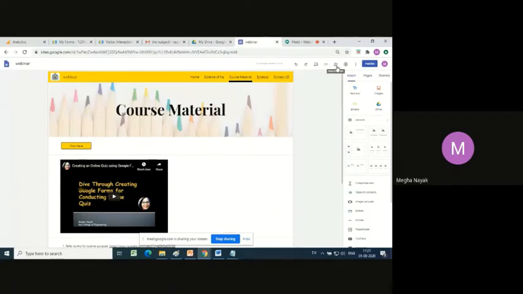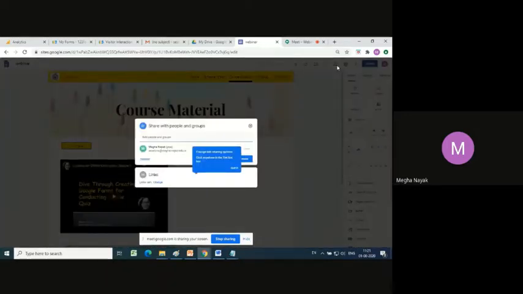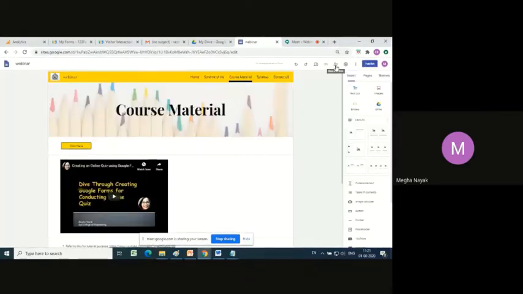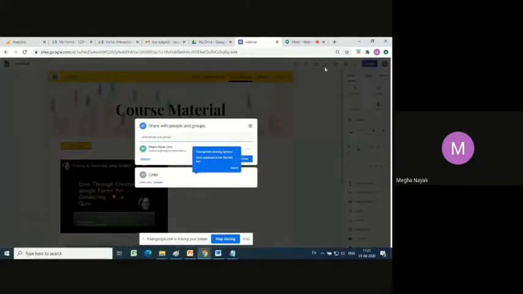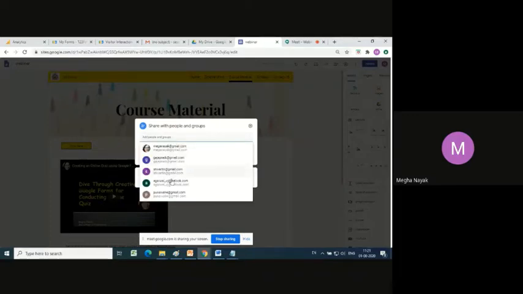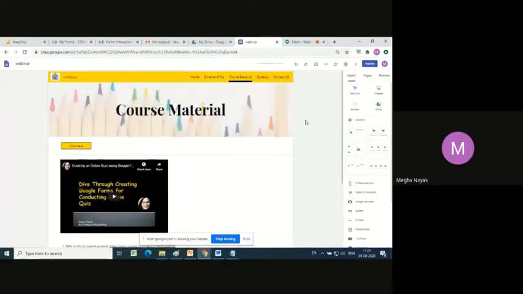Now before I do that, if I want to add any of the participants as a collaborator, like you also do some stuff to the website, and I also do some stuff to the website, and both of us together can come up with a beautiful website. So there is an option over here of adding a collaborator. I click on that and I put in that particular person, whoever I want to add as a collaborator, and share the website with them, make them an editor, or if I just want them to view and see how it looks, make them a viewer. But right now I want to publish my website.